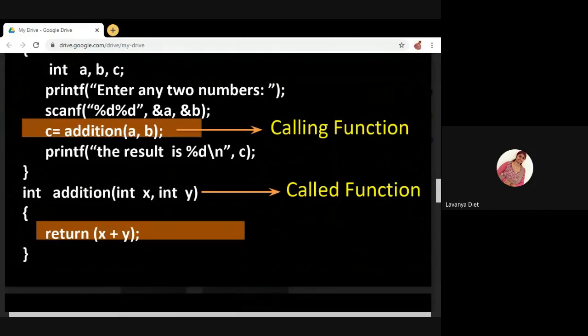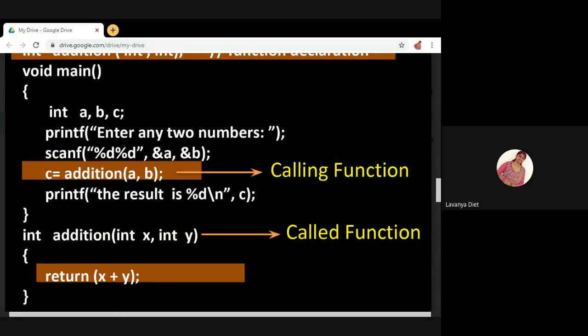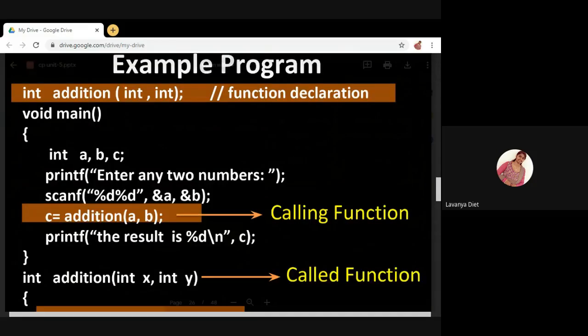Definition is nothing but a set of instructions. This function definition is called the called function. Remember, what is the calling function, what is the called function. Again, see the example here: what is the calling function, what is the called function, what is the function declaration or function prototype.